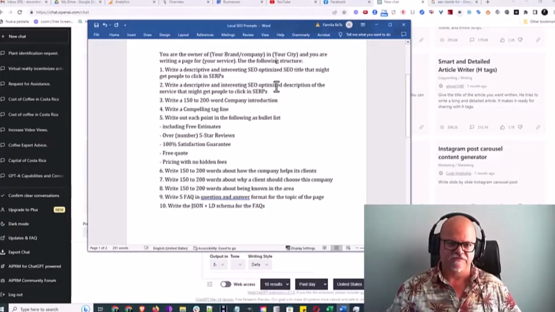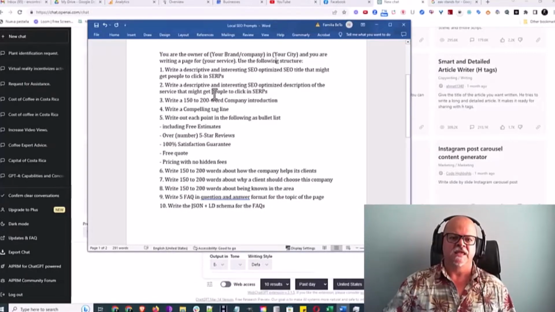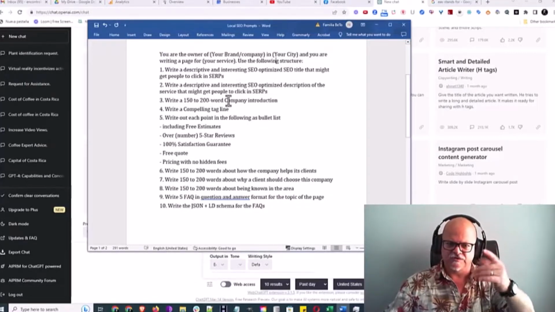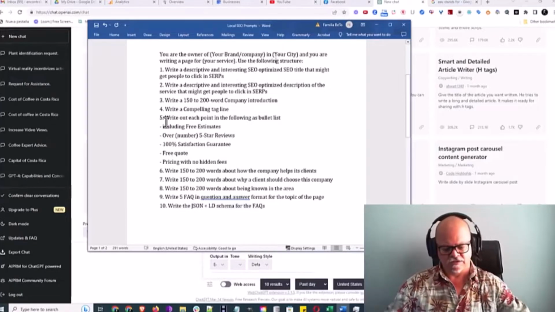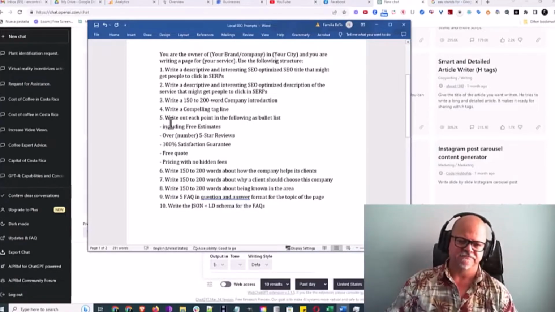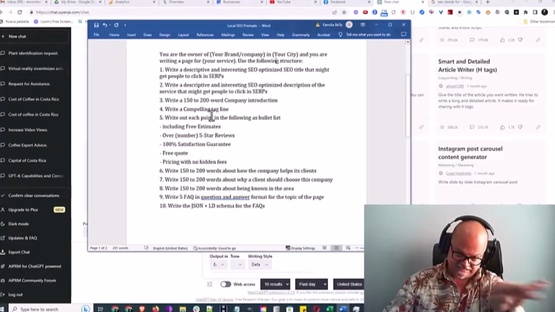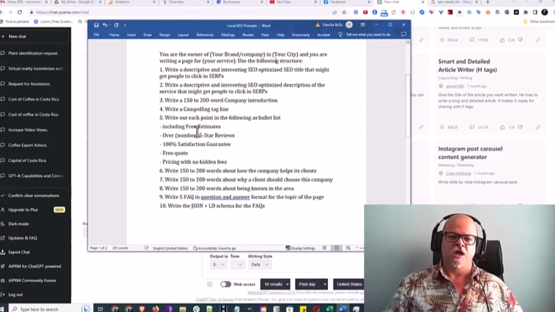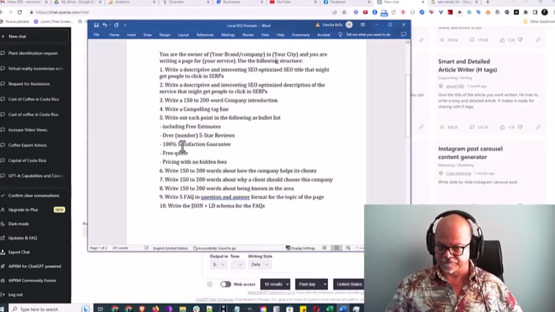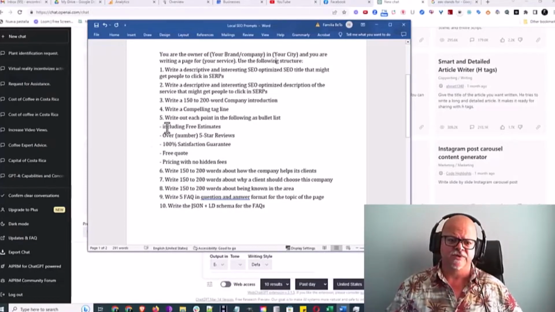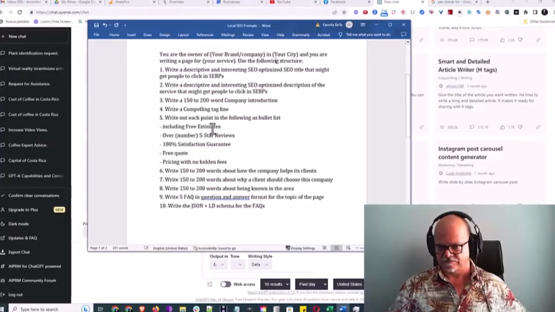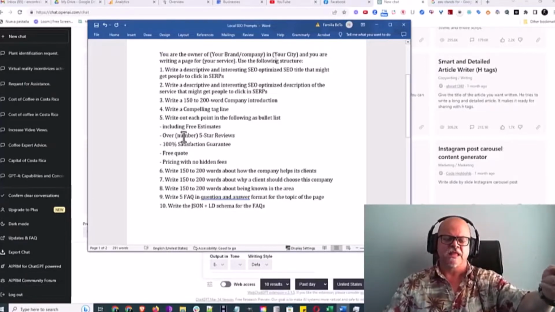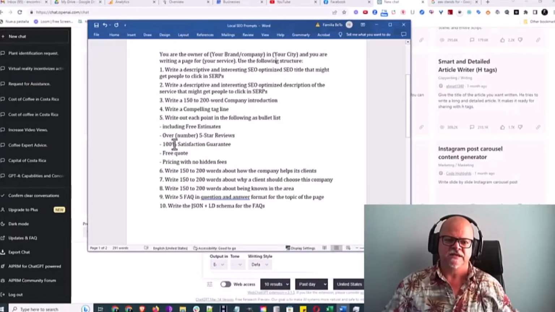The same thing for your SEO description. Then you're going to tell it, give me about 150 to 200 words for the company introduction. Now give me a compelling tagline. If you don't already have one, if you have a tagline, take this out. Write out each point on the following bullet list. And you can make this bullet list longer, but you're going to give it these points. Free estimates. How many 5-star reviews you had.